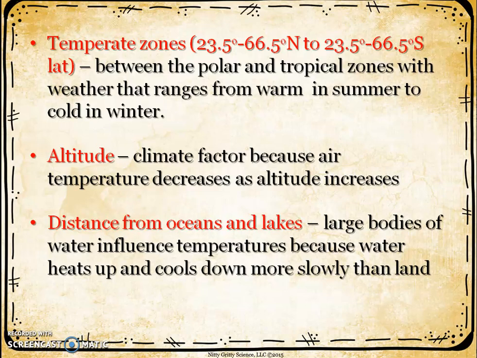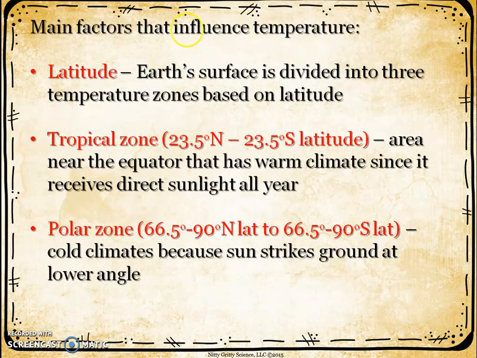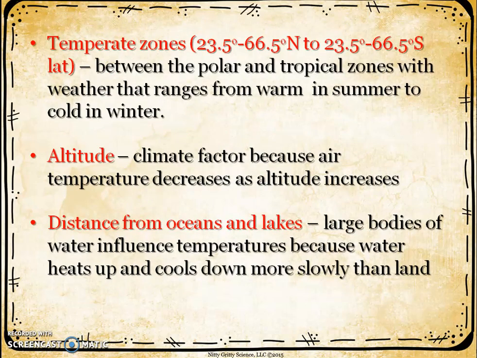You'll also find a great deal of agriculture because of the more moderate temperatures as well. But interestingly enough, most of your biodiversity, your animal life, is going to be found here in these tropical zones. Less animal life, less human life in the polar zones because of the extreme cold temperature.